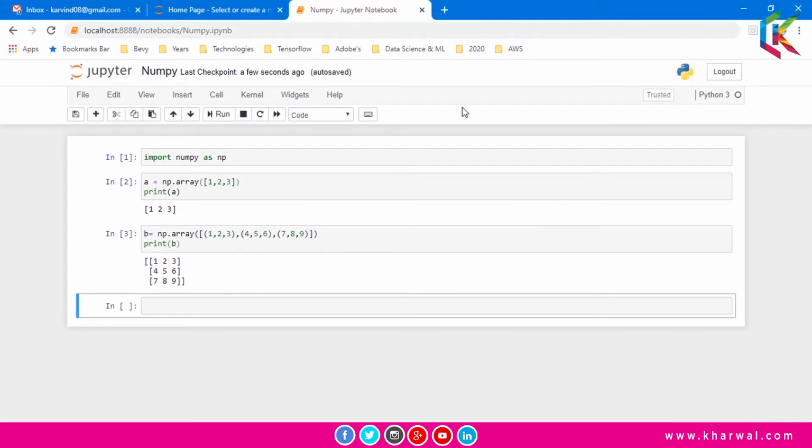So guys, now I have imported NumPy as np and I have created a one-dimensional array A and a two-dimensional array B. Now we are going to find out the size of these arrays. I'm going to use the attribute size to find out the size of these arrays. As we know, size of an array represents the total number of elements in the array. So let me use the size attribute.